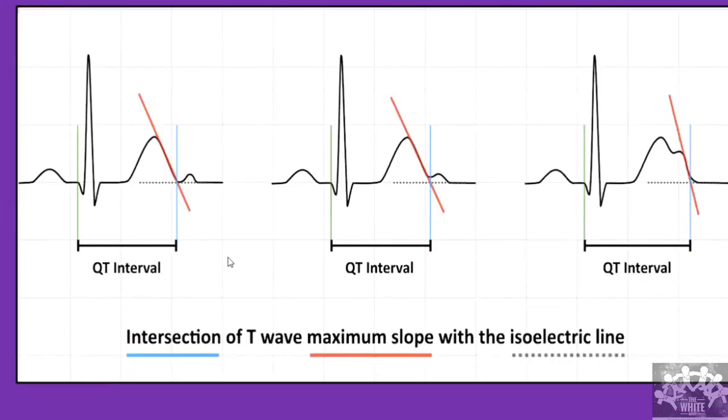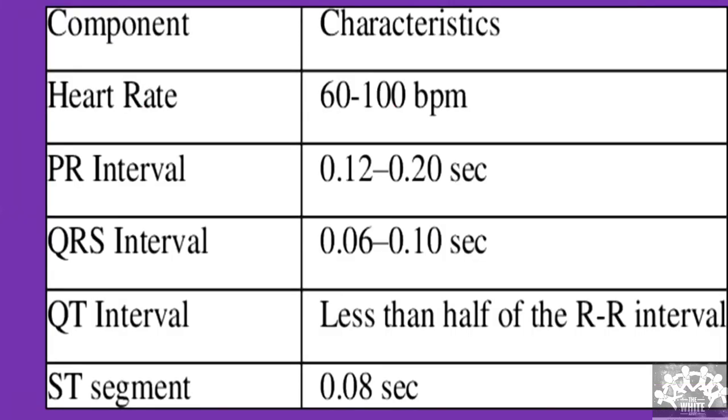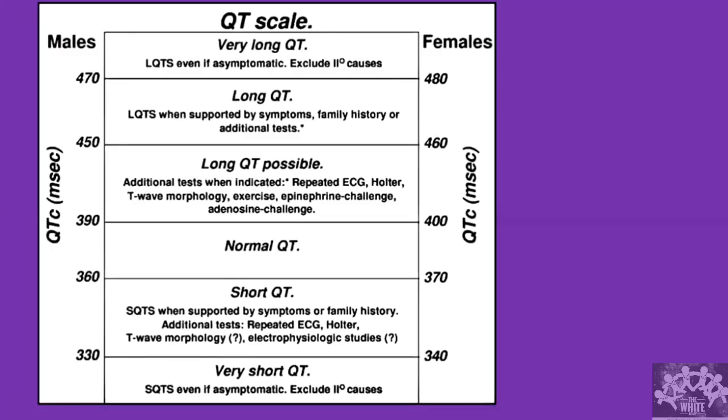You are going to have the ventricular depolarization here, and repolarization here. This whole thing is the QT interval. Fine. The entire ventricular activity you are going to measure. That is QT. So what happens if the QT is prolonged? Here you see, this is a normal QT interval. It varies between males and females.